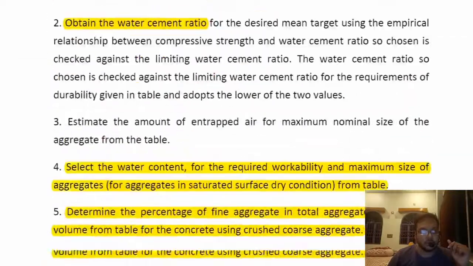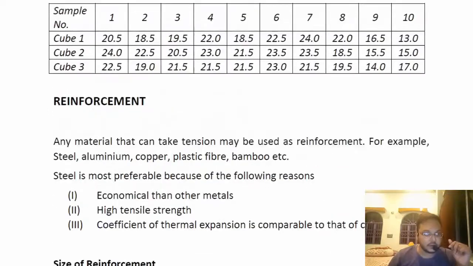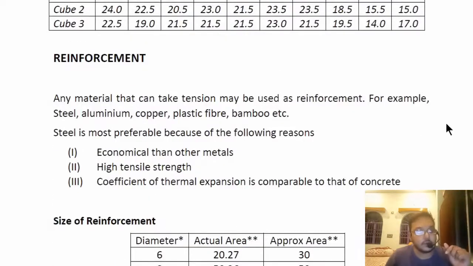Now let us move on to the next part of our discussion, that is our reinforcement. This is where our actual course of RCC begins. Previously we needed to know about the cement concrete which we are using for our RCCs. Now RCC means reinforced cement concrete. Therefore some reinforcement shall be there in our cement concrete, which is used to give some tensile strength to this concrete. Also it is good for giving resistance to flexure.